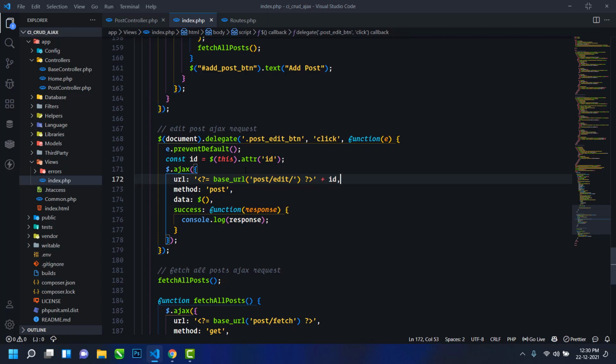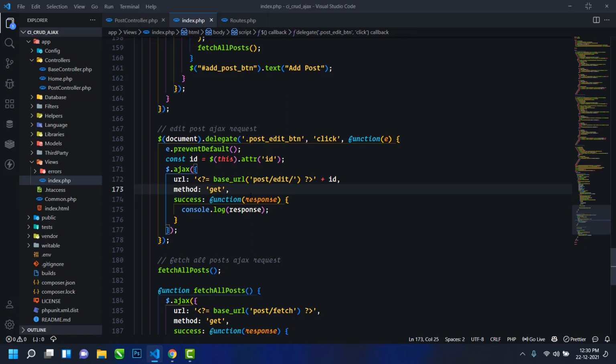I can just use id here. And then I will use the method GET. In data I'm not sending any data because this is a GET request, so just remove it. For now I'm just displaying the response here.